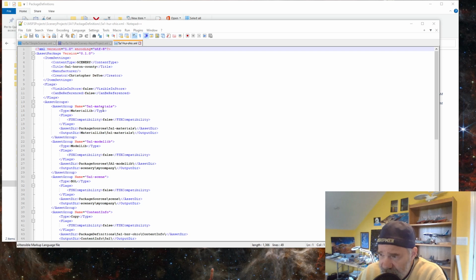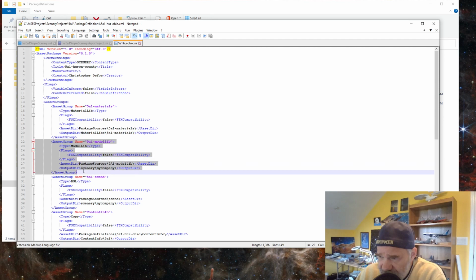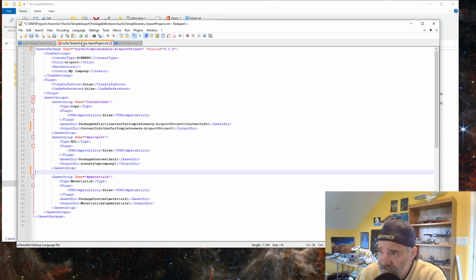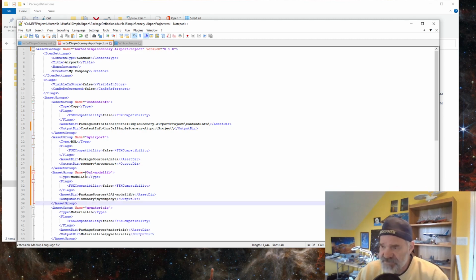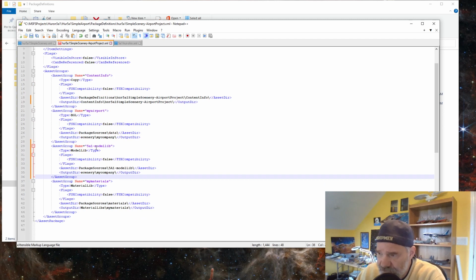And inside of there, you notice that I have a material library, okay? And this is the unique name I gave that material library. But I also have a model lib asset group, okay? And if I want to use this as a model, I'm simply going to highlight that asset group, I'm going to hit Control C, and I'm going to go into our airport XML, and I'm going to Control V. So I just added a new asset group,